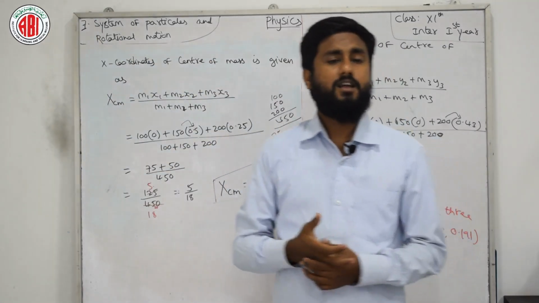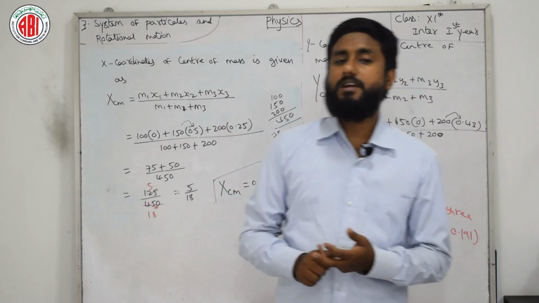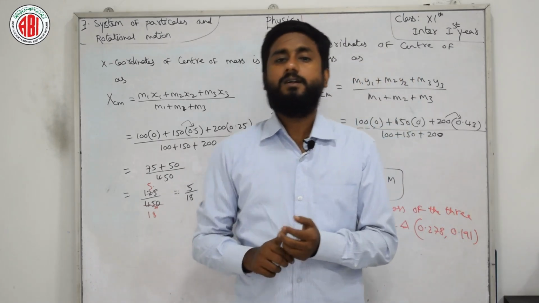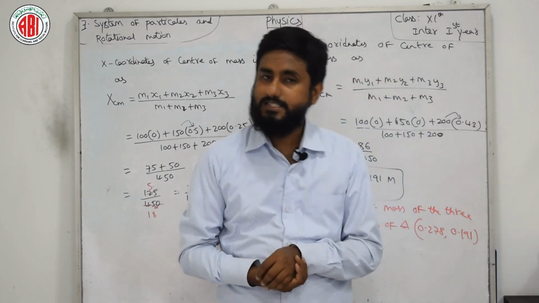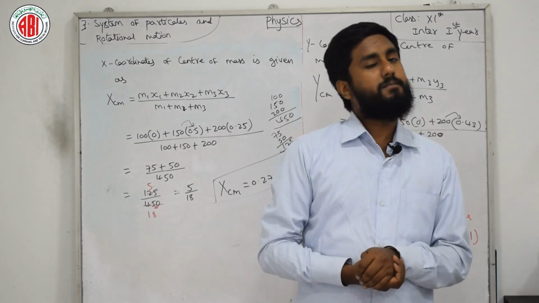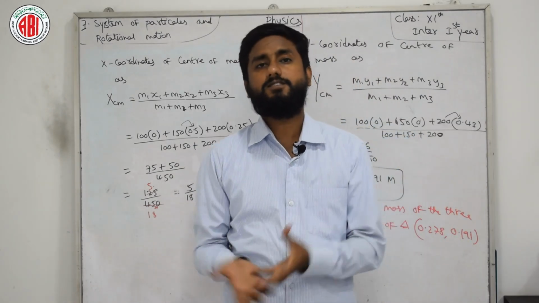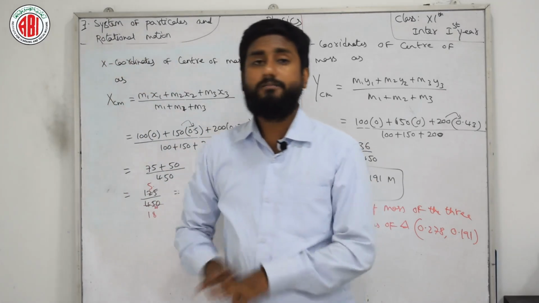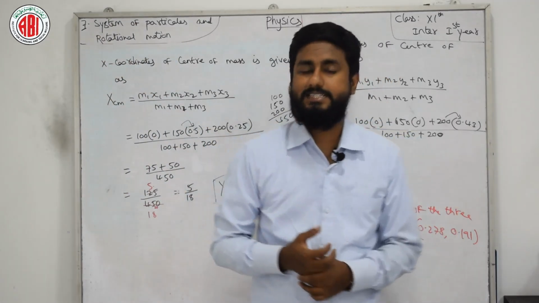Here it is related to the case of the door. The door cannot be opened or closed by applying force at the hinge, because the line of action of the force passes through the axis of the hinge. Hence the lever arm will be 0, that is r equals 0, and the torque becomes 0. That's why on the hinge the torque becomes 0, so we cannot open or close a door by applying force on the hinge.